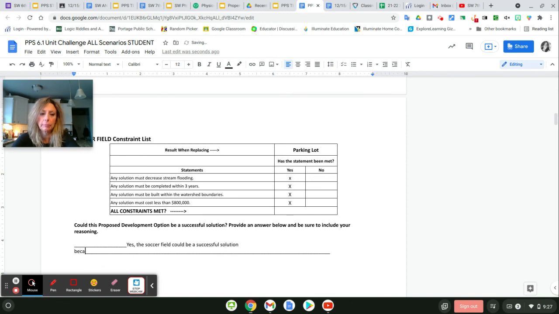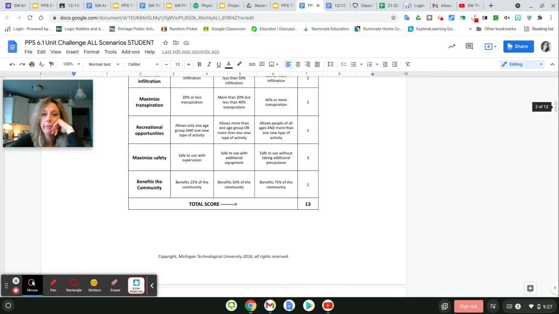Because it meets all of the constraints. Okay, now, does it have the best rating in the criteria? No. Does it have the worst rating in the criteria? No. Okay, so